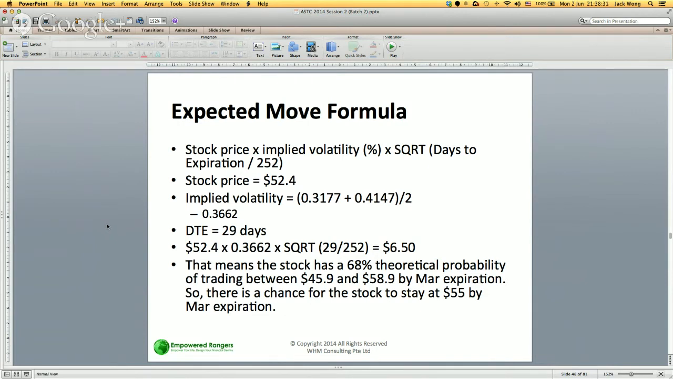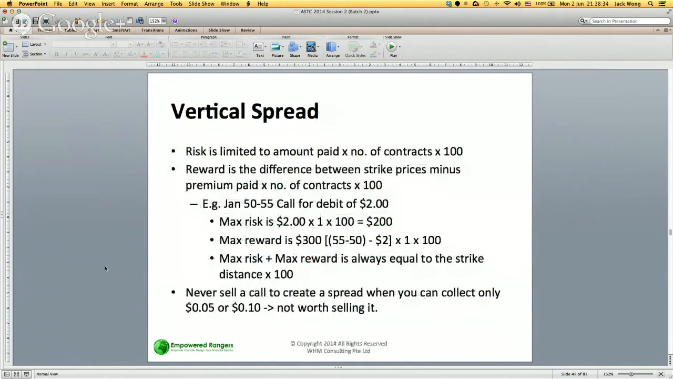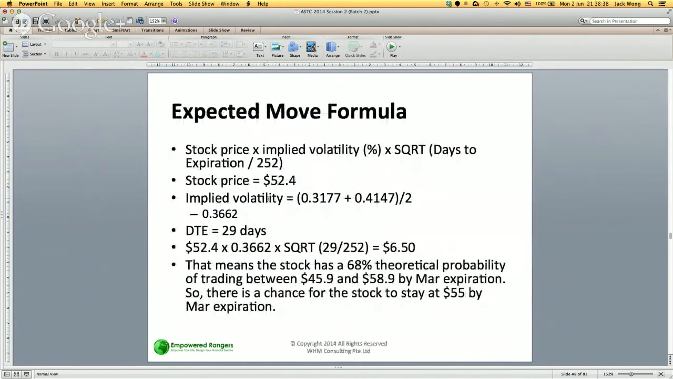So essentially, if I were to plug in a couple of pieces of information here, the stock price is 52.4. The implied volatility, which I can see from the options chain, simply talks about the sensitivity of the options to the volatility. I've got a bid, I've got an ask, so I take an average. The average in this case is 0.3662. I have 29 days to go. So I'm going to plug the variables into this expected move formula. I get